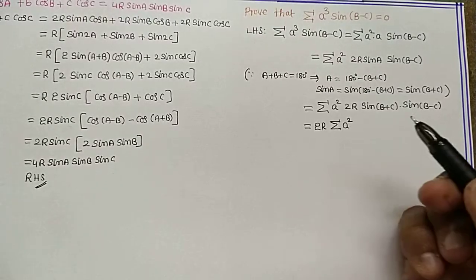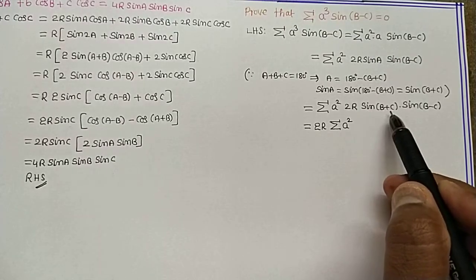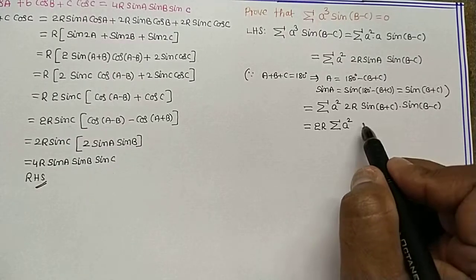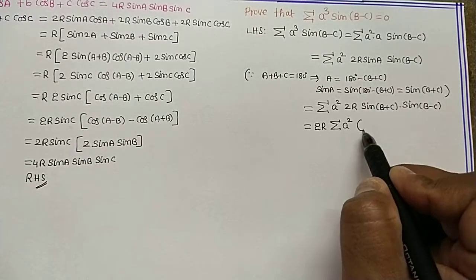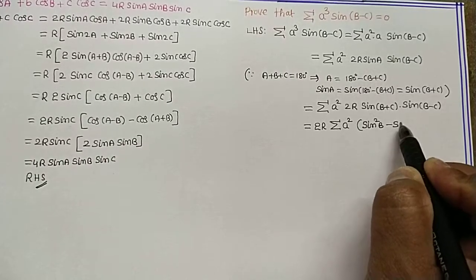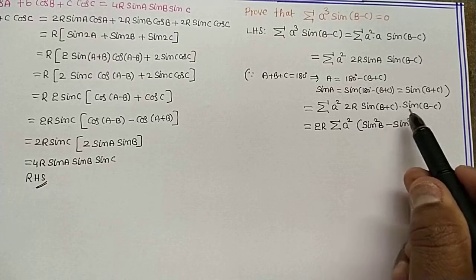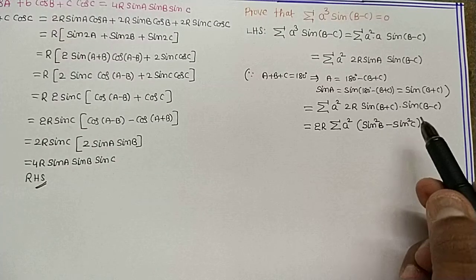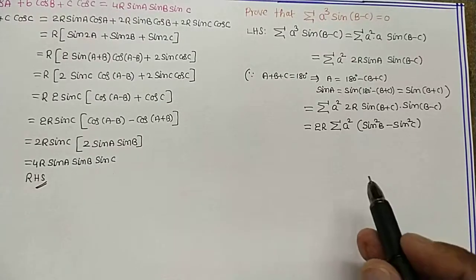We know that again from transformations, sine of B plus C into sine of B minus C, we can write it as sine square B minus sine square C. Again from sine rule,